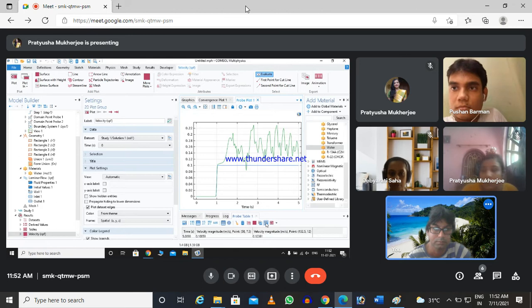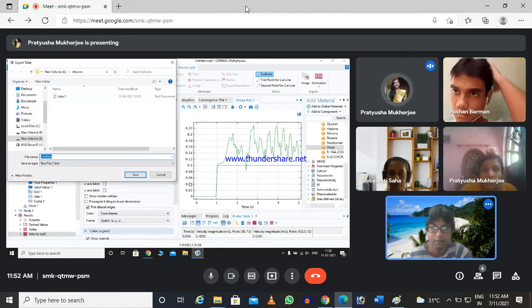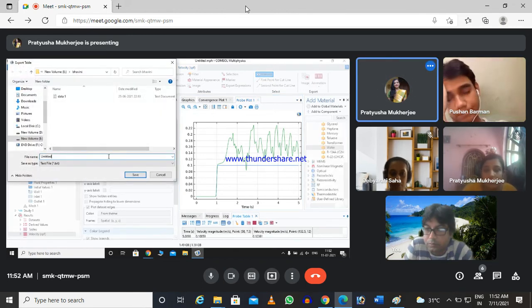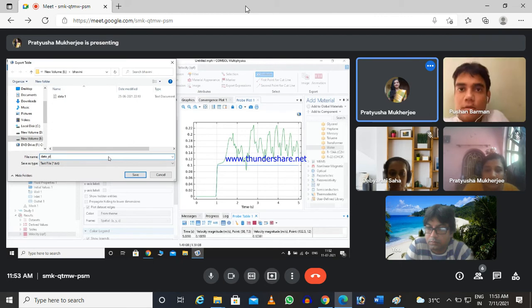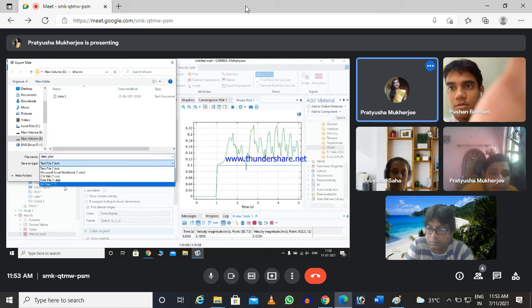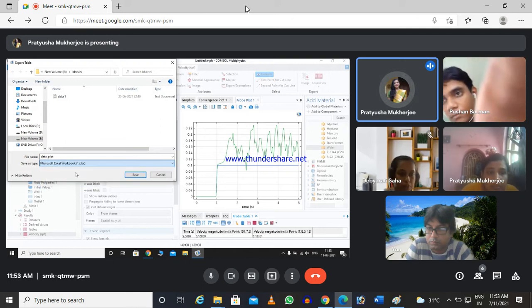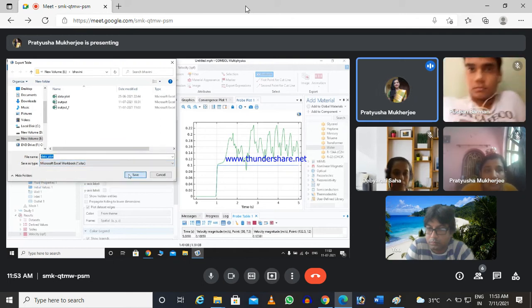Now you can export this data as an Excel sheet. Change this text file to Excel. Save.